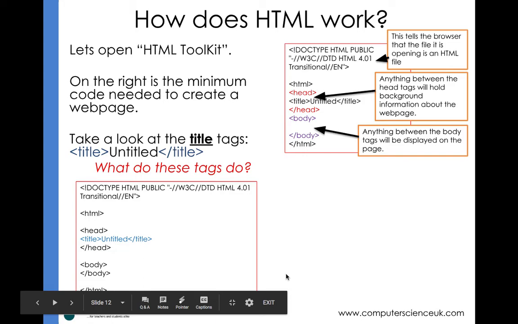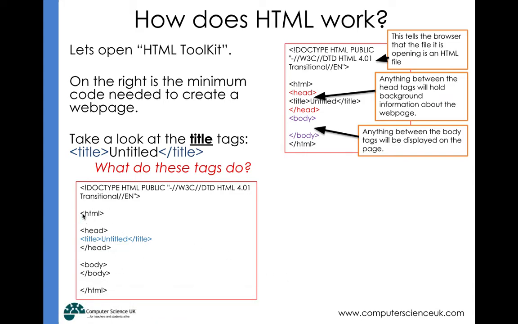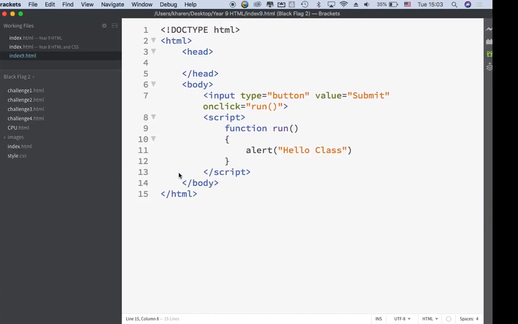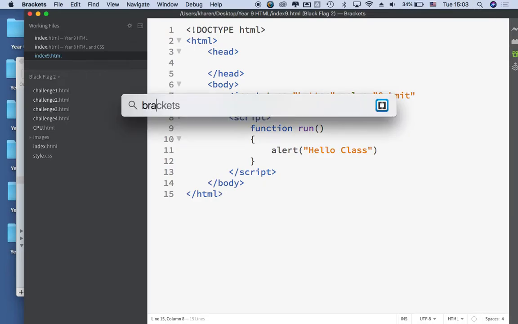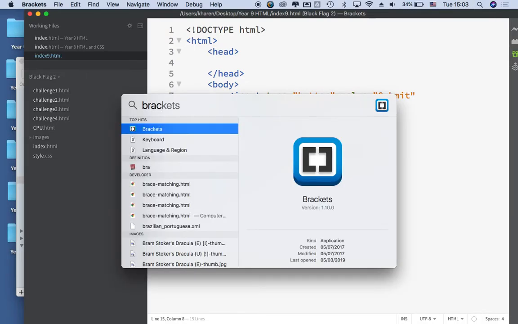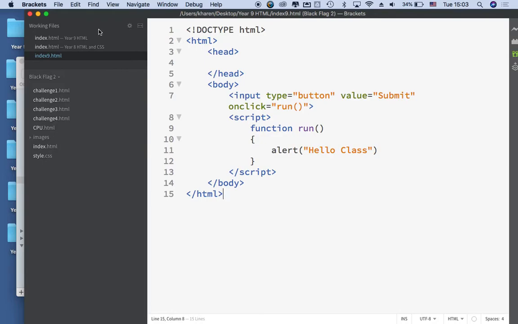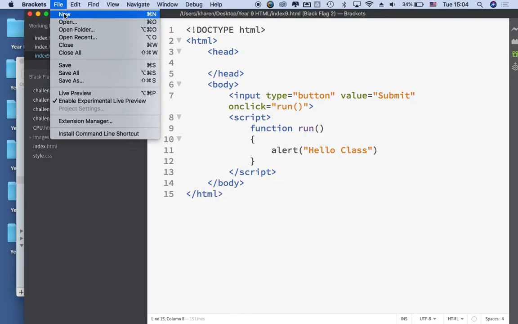Okay, so we're going to try and make our first web page. We're going to use this structure here. So what we need to do first of all is to make sure you have Brackets open. Okay, if you don't, you can find it in the Spotlight search. Open it up. So what we need to do first is click on File and New,